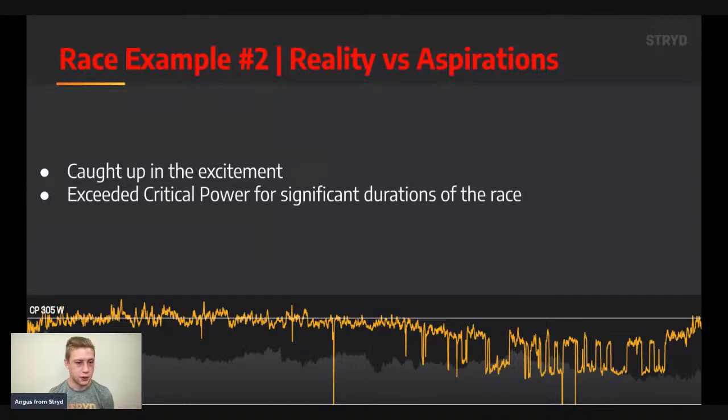So what happened here is the runner got caught up in the excitement of the race. They felt so good coming off those first four hills, off the first hills of the race, they just kept the power output high. You can see here for significant portions of the race, they ran over critical power. And they maintained this for almost half the race. And then they paid for it during the second half,